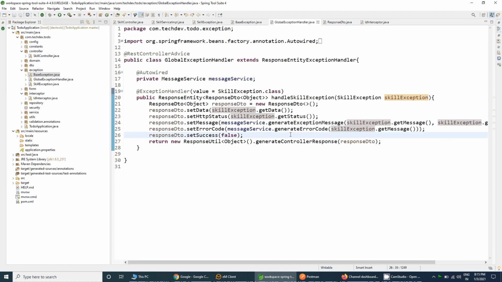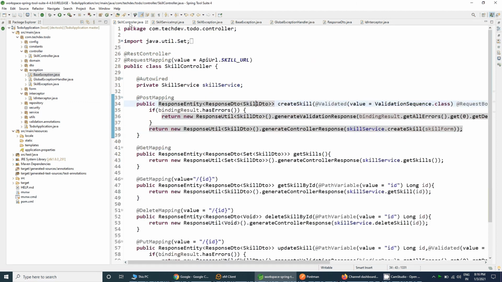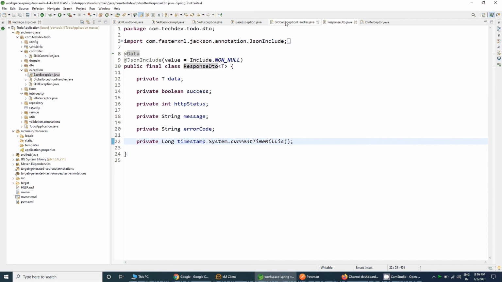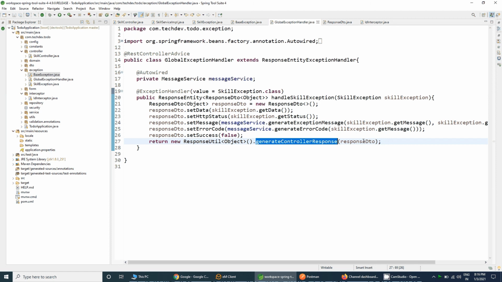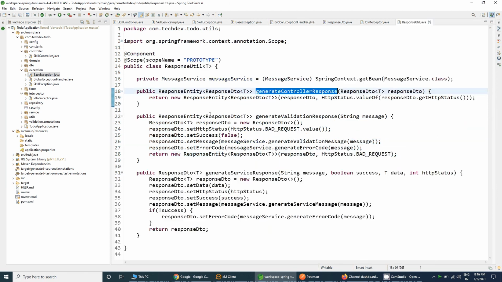And finally, if you see inside the controller, we generally return this thing, return new response util of type of data, and generate controller response, and that controller response method will get the response DTO. So I created the response DTO here, and just gave that response DTO to my generate controller response, which is just returning the new response entity of that type, which will handle the exception.